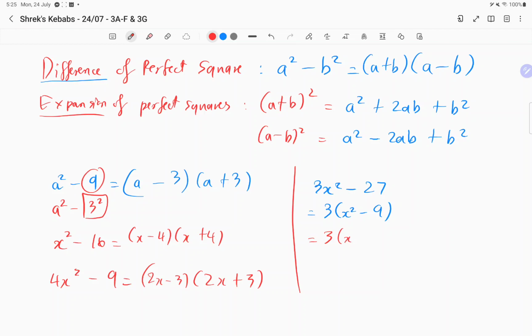3x minus 3, and then another one, 3x plus 3. X plus 3, it's just x plus 3. Okay, any question here? No? So these are the factorizing using difference of perfect squares. Okay, very important. These are the questions that you will see in your